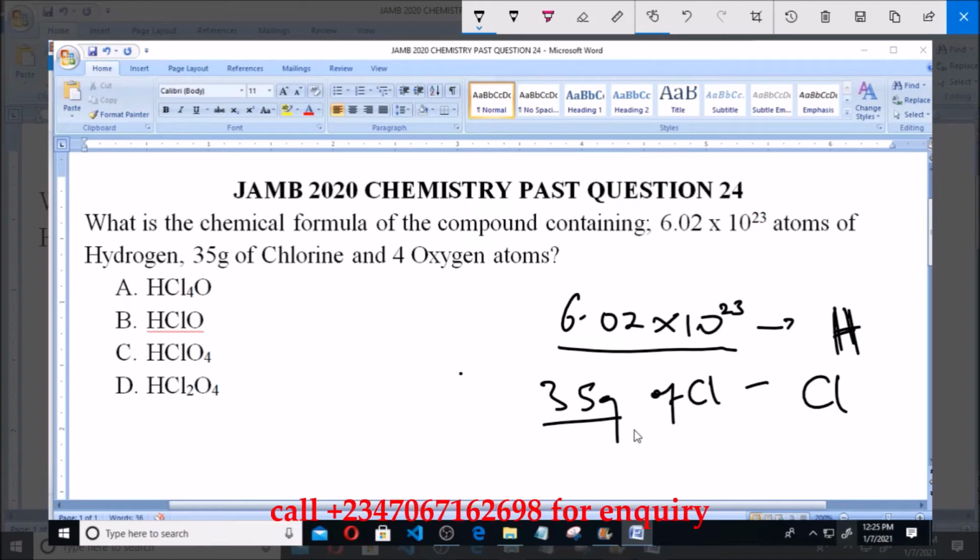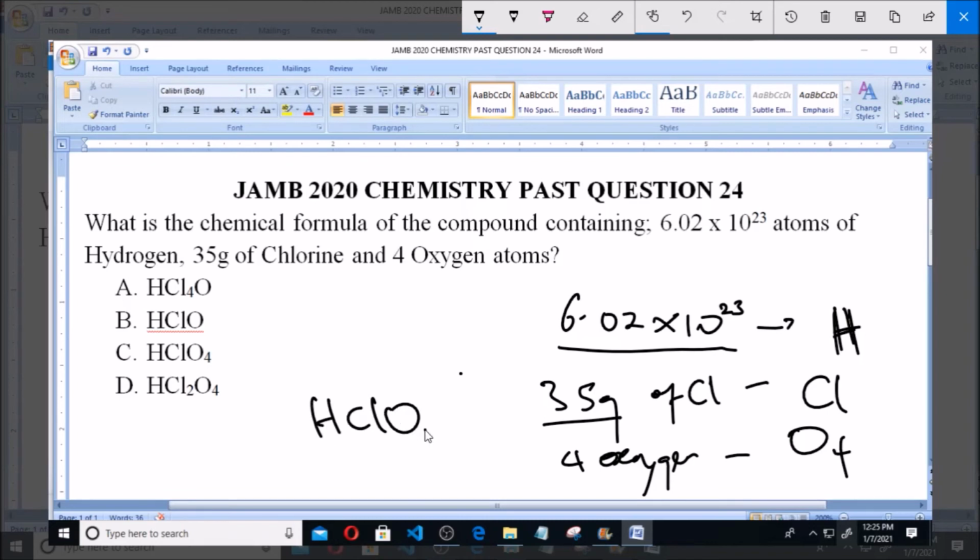Then plus 4 oxygen atoms, that's O4. Now adding this together, we have HClO4. So this is the compound, and that is